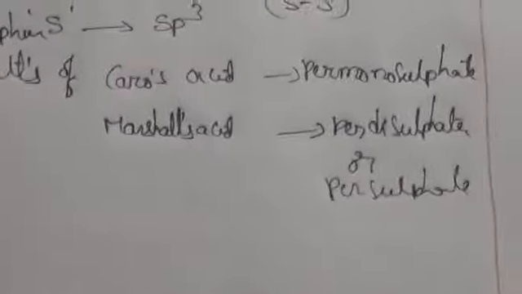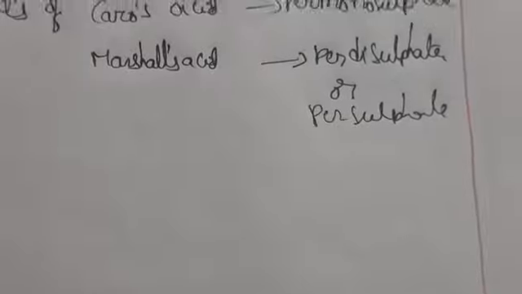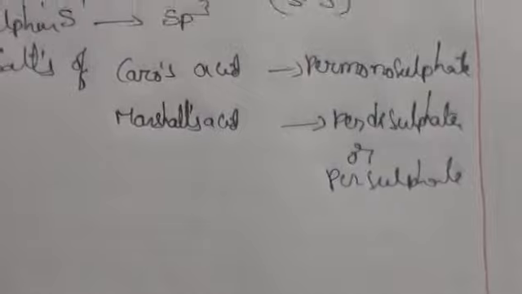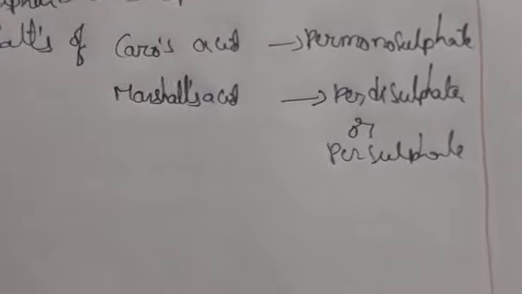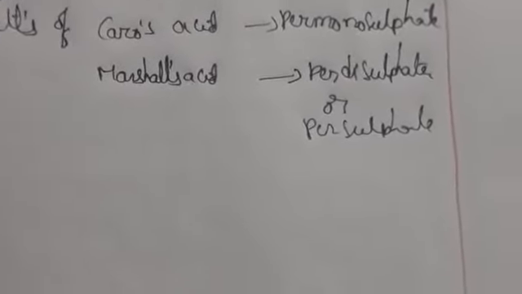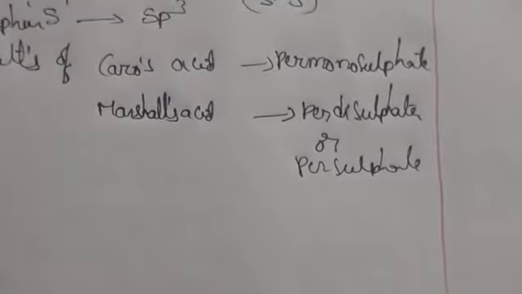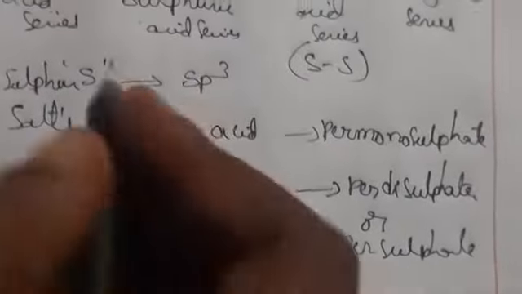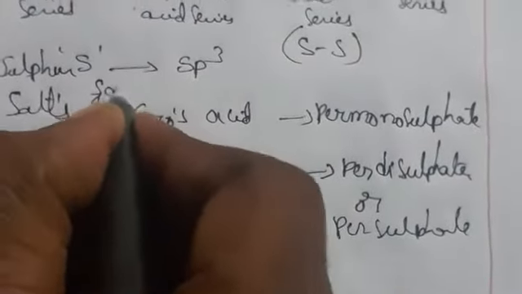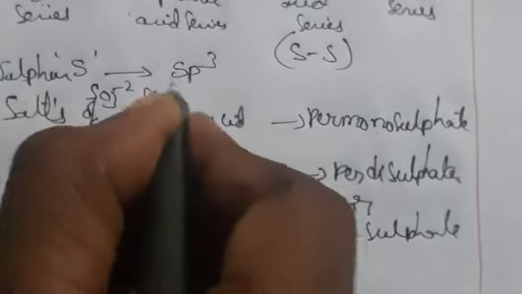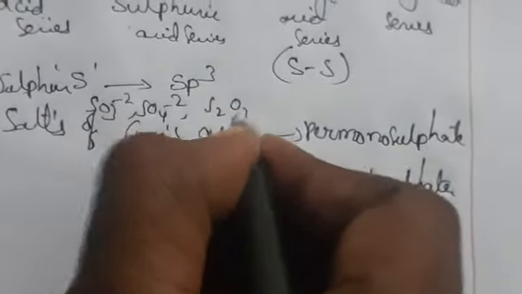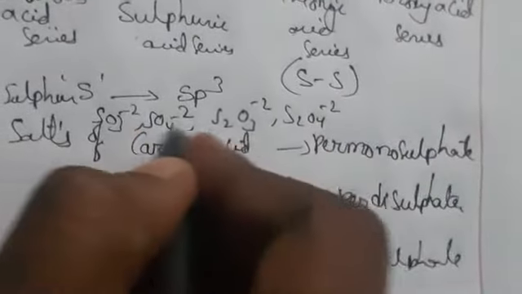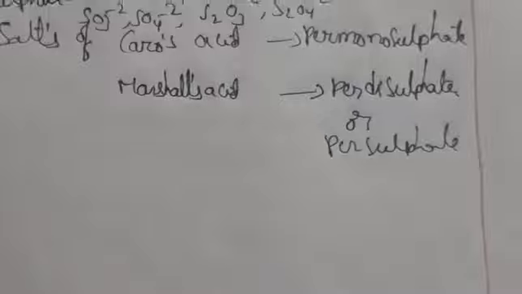Okay, so generally when you do distillation with water, it gives H2SO5. When you go on hydrolysis, it will give H2O2. So basicity, coming to basicity of all oxy acids of sulfur is +2 oxidation state, and we are having different types of sulfur here. For hybridization of sulfur, which type of sulfur it is giving means SO3 2-, SO4 2-, S2O3 2-, S2O4 2-. So these all will give the sp3 hybridization only.